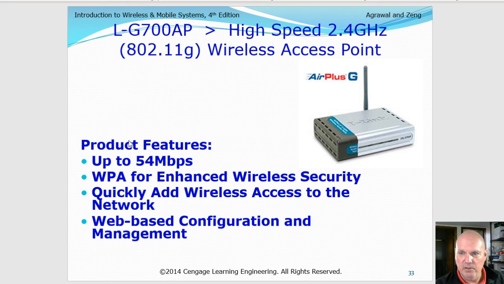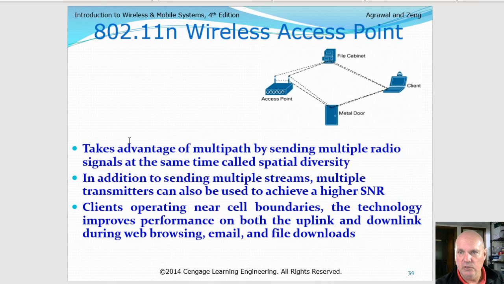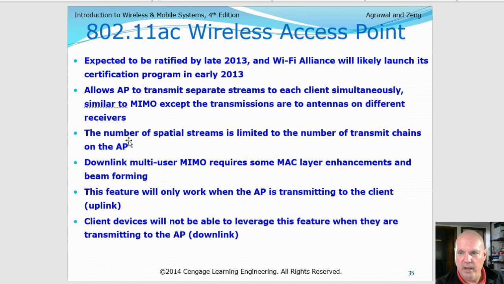This is, I think, an advertisement for a typical 802.11g wireless router. And 802.11n, again with the multiple antennas for extended range. And then the 802.11 AC wireless access point has since been ratified, and it allows the access point